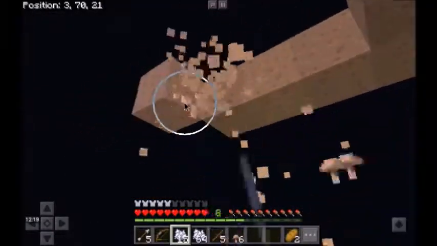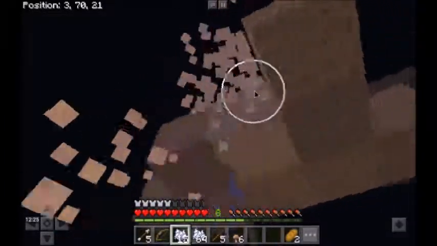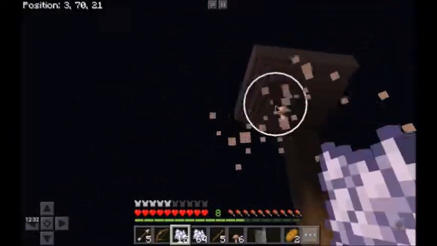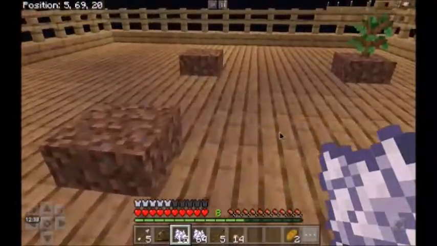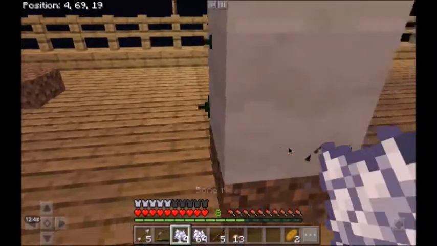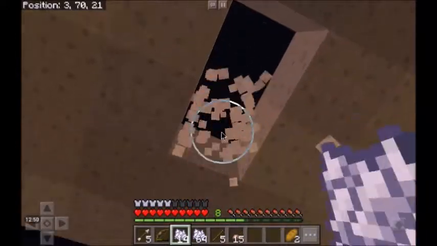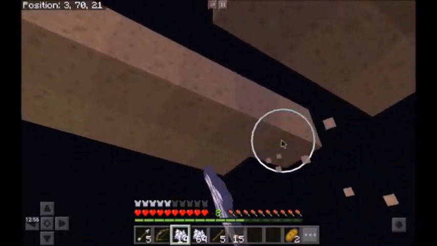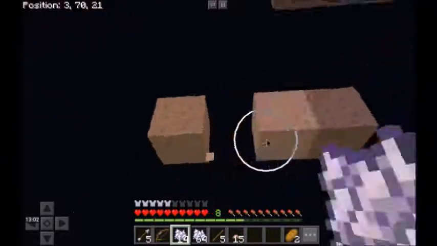And I did die earlier from a spider jockey, cave spider jockey, no less. There was a baby zombie and a cave spider in the mob grinder, and I was trying to get the cave spider, and unfortunately dropped one of the trap doors. And next thing I know, that baby zombie is on that cave spider coming right at me. I tried to put it off as best as I could, but unfortunately that didn't turn out so well,